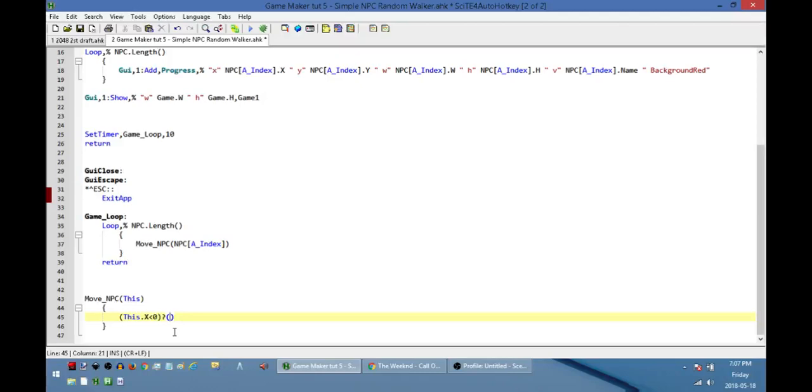If it is less than 0, then what I want to do is take that x... No, I'm jumping ahead. First, we're supposed to check the direction. So I'm going to say, is the direction equal 1? So am I moving up? Question mark. If I am moving up, what I want to do is take its y, this dot y, its y position, and I want to plus equals, no, I want to minus equals because we're moving up, which means we're getting into smaller y values, minus equals this dot speed, so the NPC's speed, colon,